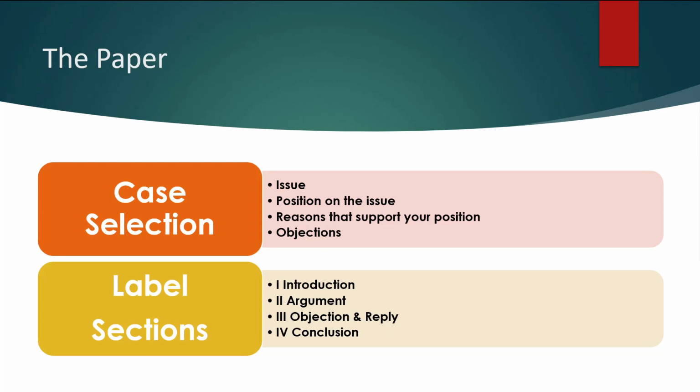And so the first thing again is picking your case. What is the issue you're going to write about? You can select a pre-made one, and these are pretty common things like whether abortion is morally acceptable or not, whether capital punishment is morally acceptable or not, technological ethical issues like whether genetic engineering is morally acceptable or not. And if you don't find anything in there that's interesting, or you have something you want to write on,